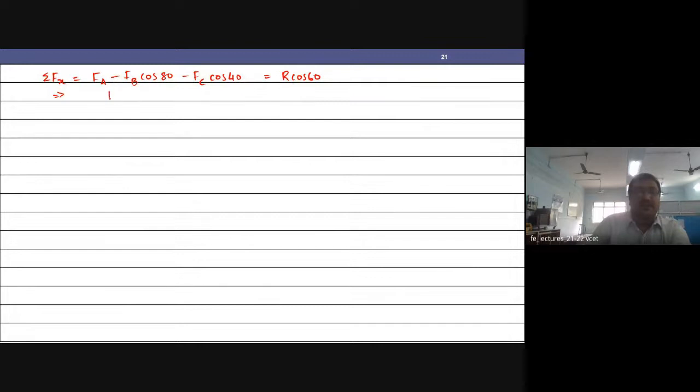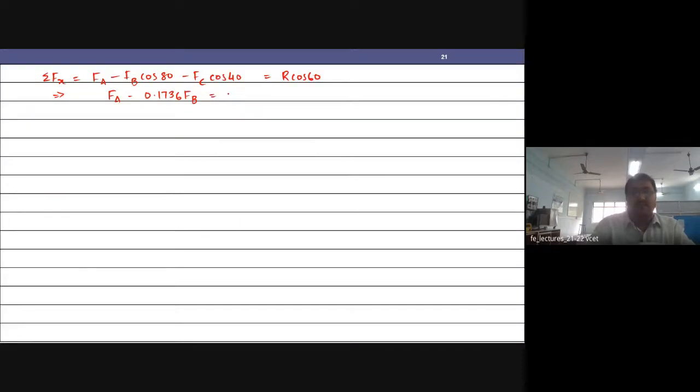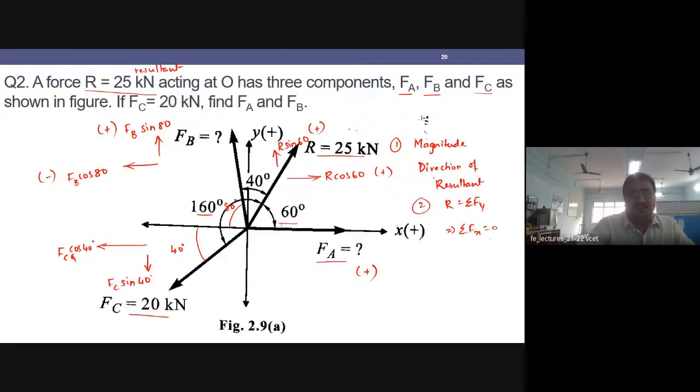So I will get an equation: FA minus, what is the value of cos 80? 0.1736 FB equals the value of R, which is 25 kilonewton, 25 into 0.5, plus the FC value, which is 20,